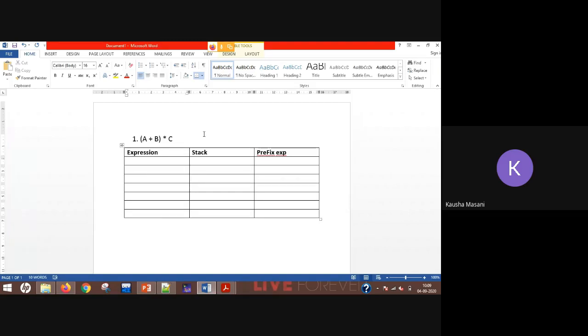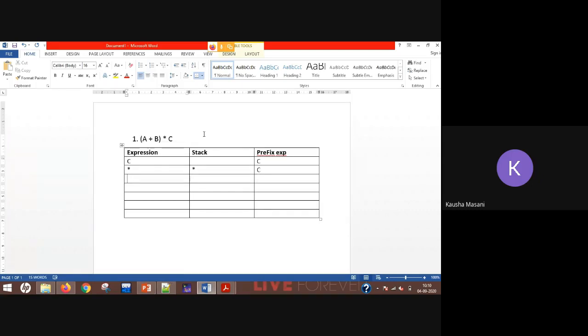Okay, Rishabh, you want to share the screen? In the next example, you can do it. For this example, I'm just showing you. Everybody give me inputs here. Come on. I'm not going to write on my own. You have to tell me what I should write here. Open bracket. C, okay. So C goes as it is here. Then star. All right. So star also here, C here.